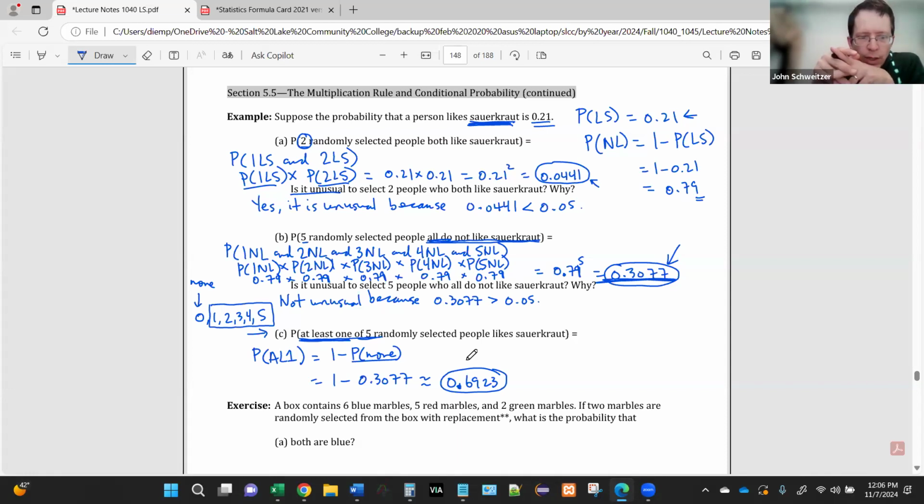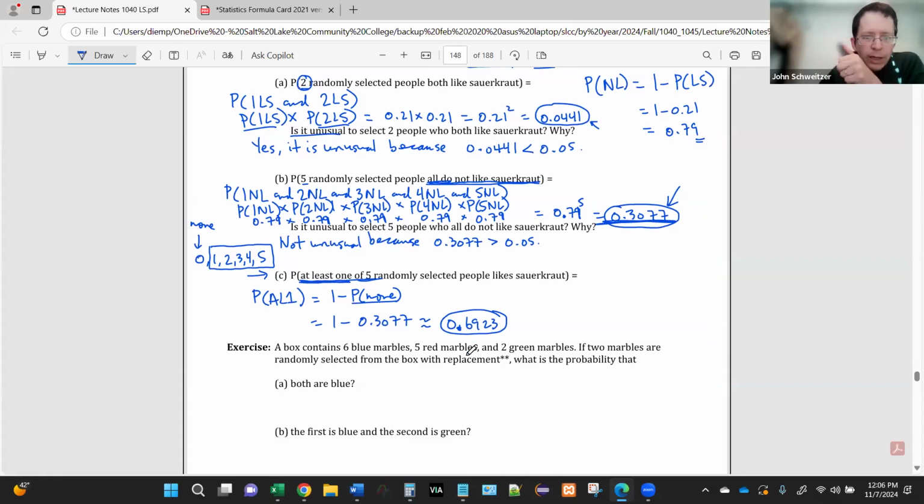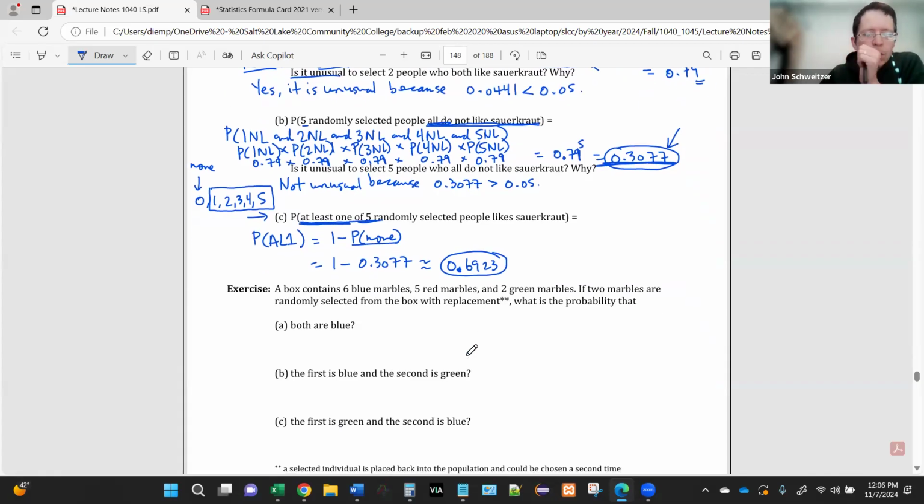So good question. Yeah. If it said at least 2, then we would definitely get a smaller number there. That's good intuition, because it's harder to get at least 2 people liking it. Okay, so like I was saying with the addition rule,